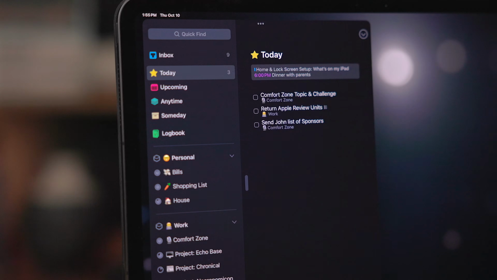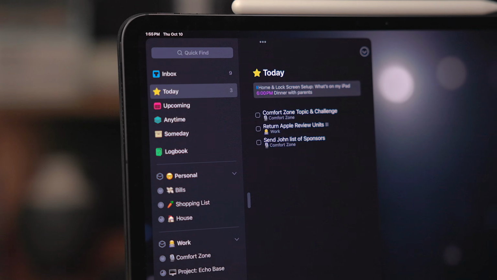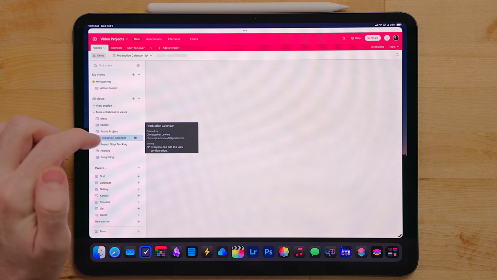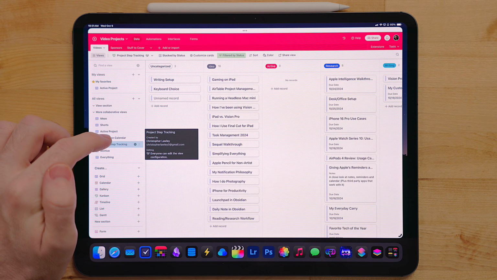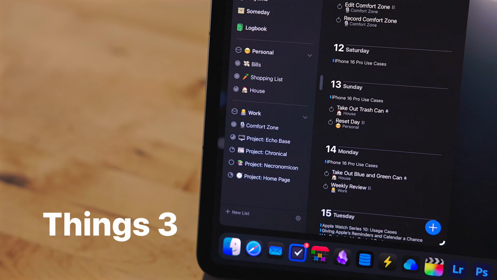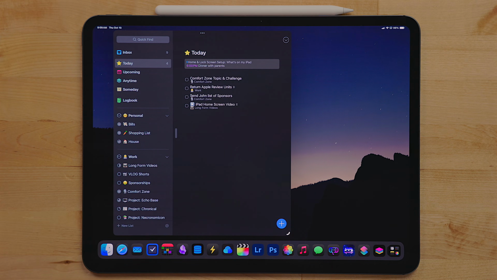For a long time now, I've been using Things as my project manager, and I've kind of outgrown it. It's still very good for that kind of stuff, but my needs have kind of surpassed what that app could do. I need a place where I can have a proper database and link different records together, plus the visual nature of a calendar helps me lay out what I'm working on and when. But Things is still very much my task manager. Everything that isn't video project related goes in here.